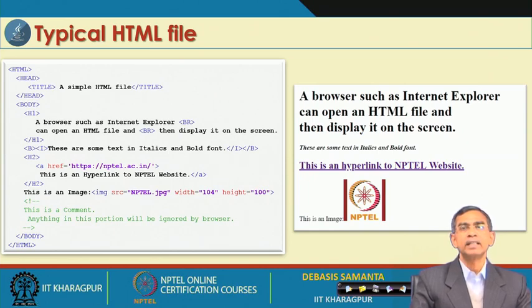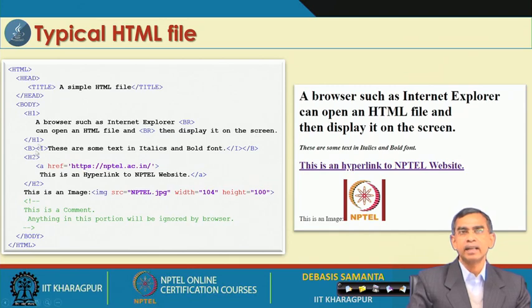So, that is how an HTML page can be designed using tags only, and the browser runs an HTML page in an interpretative manner. It will process the first tag, then the second tag, the next tag, and so on. As it is interpretative, there is no compilation. So, if there is any mistake in a tag, say H1 is there but no closing tag, the browser will simply ignore it.